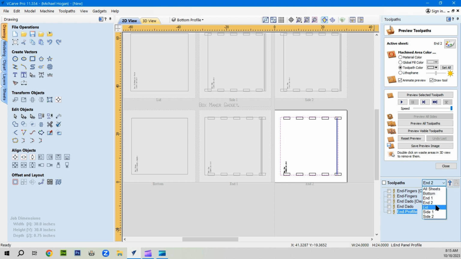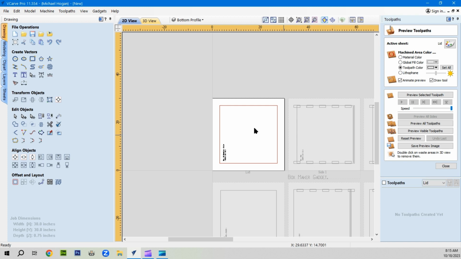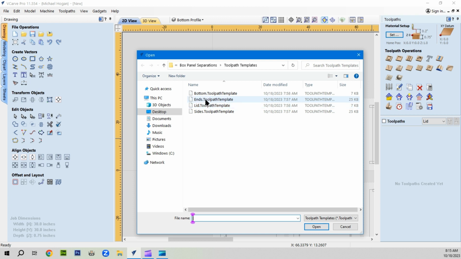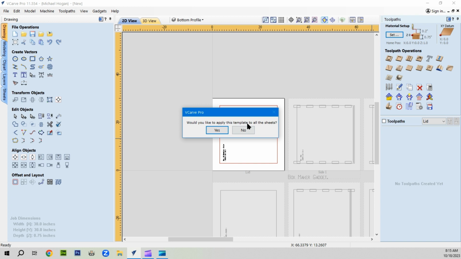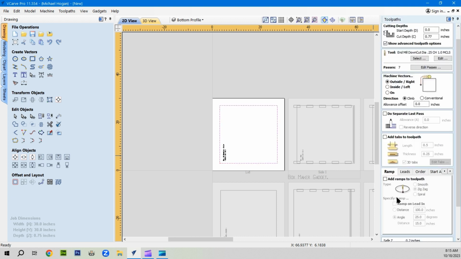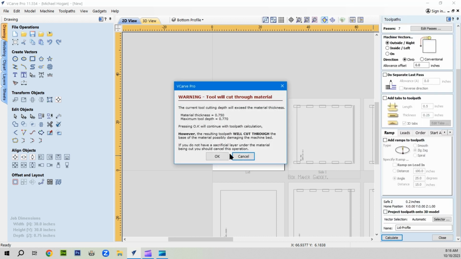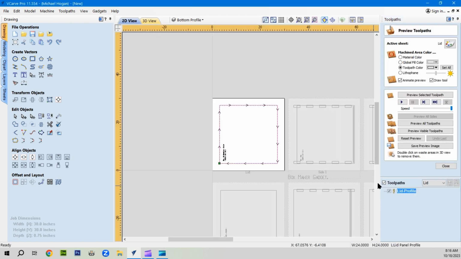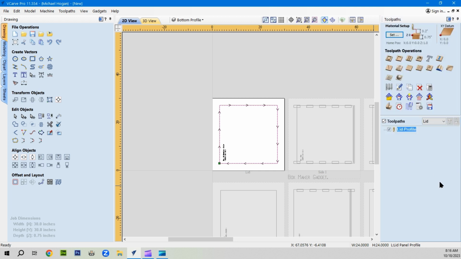Now we go to the lid and we close this, load the lid template. Say no to that. You don't want to apply it to all sheets. Now we'll double click on the lid, calculate, and it's associated. Okay, close this, and we go to side one,